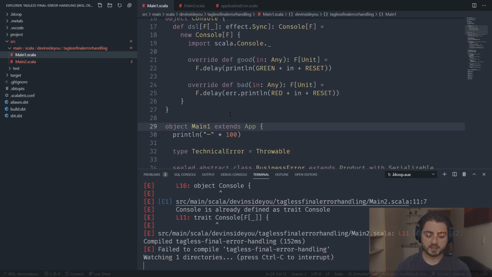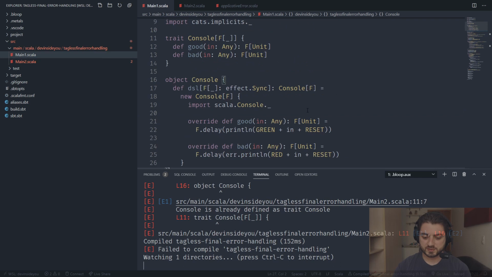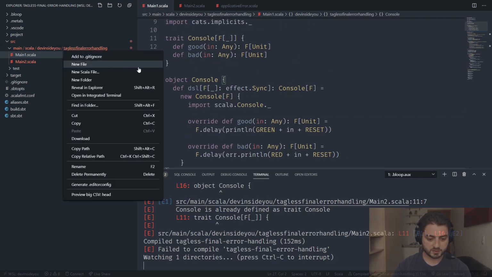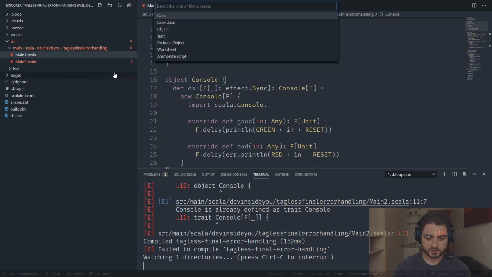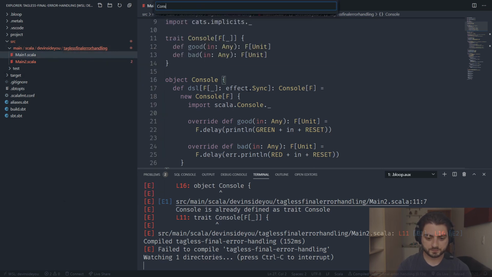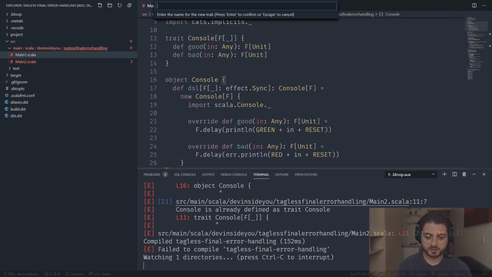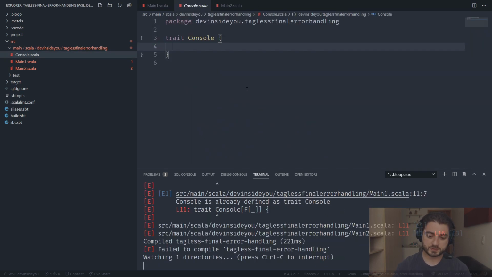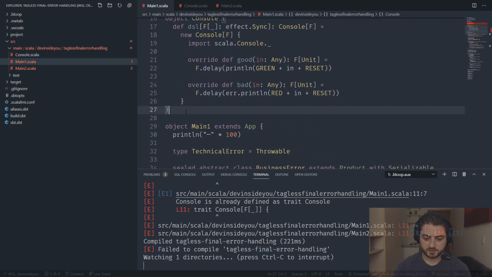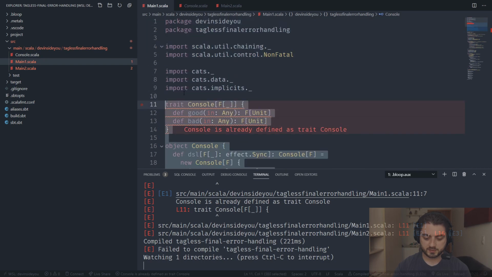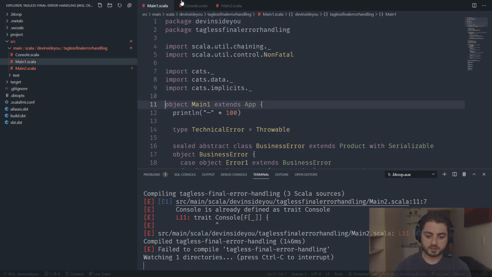Main1 like this. And okay, a bunch of stuff doesn't compile because it says that console and stuff. So let's actually have a new Scala file. Let's call it console. No, that's good. So this is going to be a trait, and it's going to be called Console, like this. So let me grab the console and just move it out, like this,